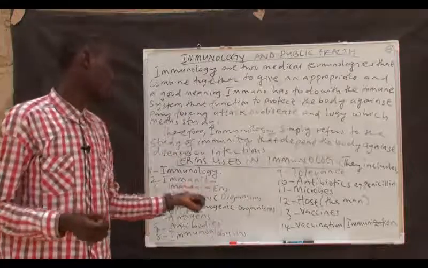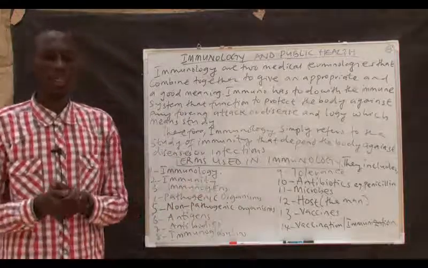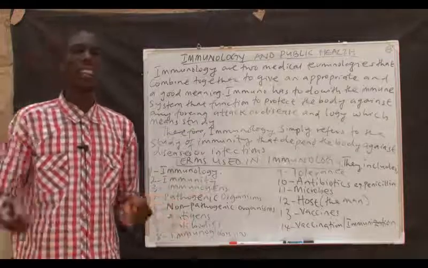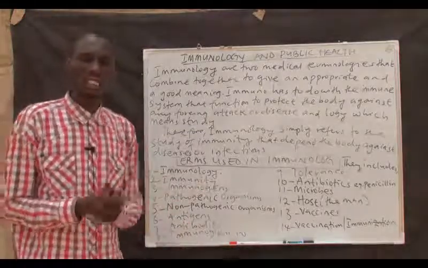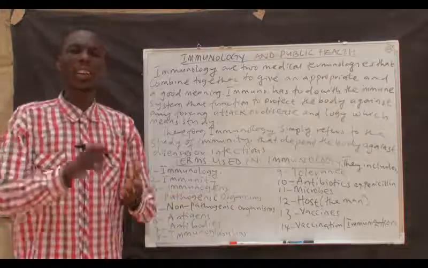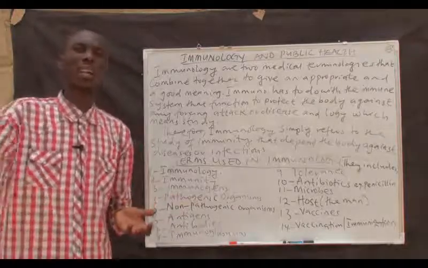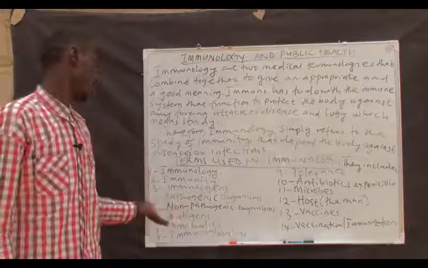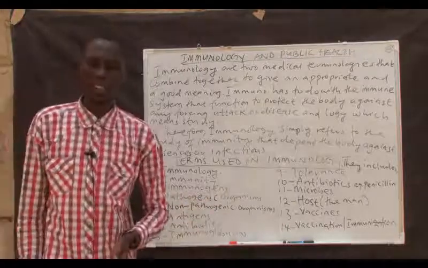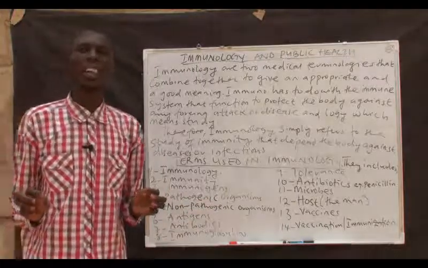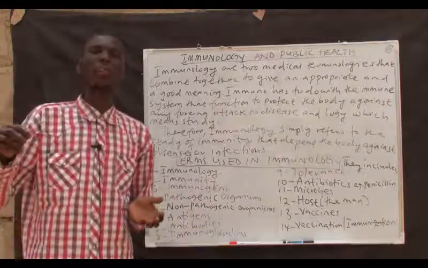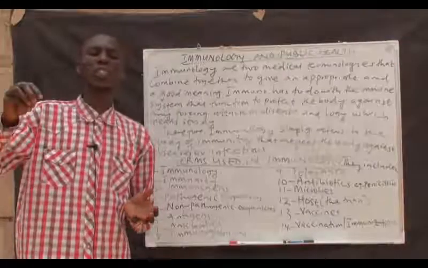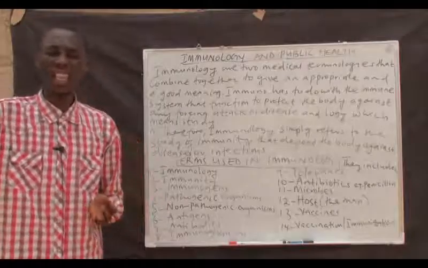So these antigens are called the foreign substances that when introduced into the body can stimulate the production of antibodies. E.g., drug is an antigen. Then what again? Then any disease is also called an antigen. Then number 7 is antibodies. Antibodies can be defined as any protein or substances which when introduced into the body can stimulate the production, which protect the body against infection or disease.